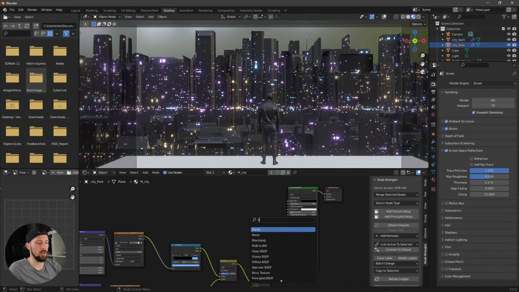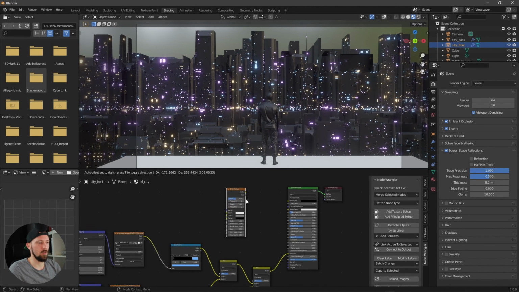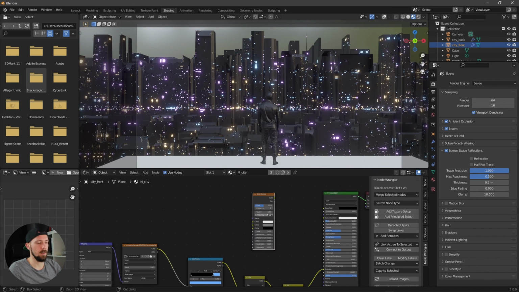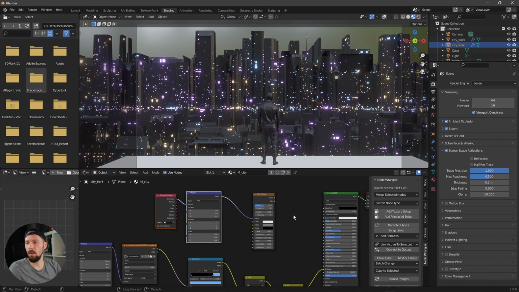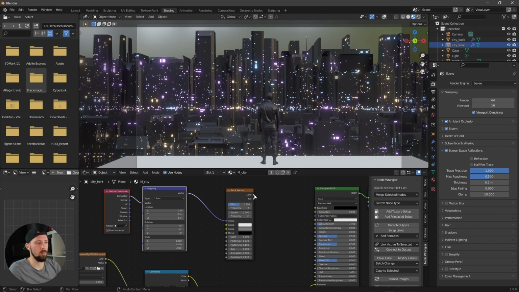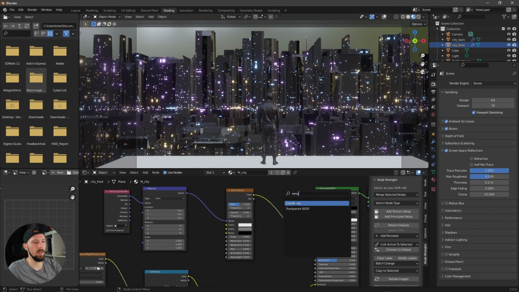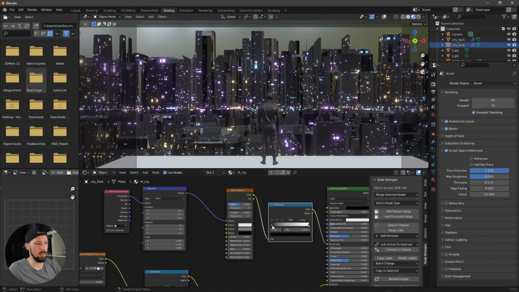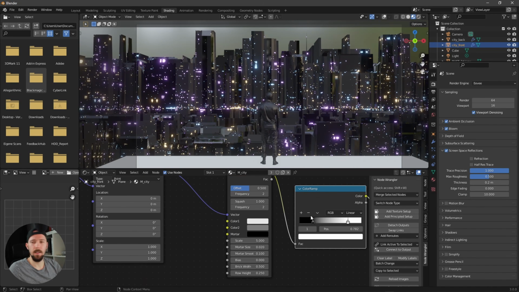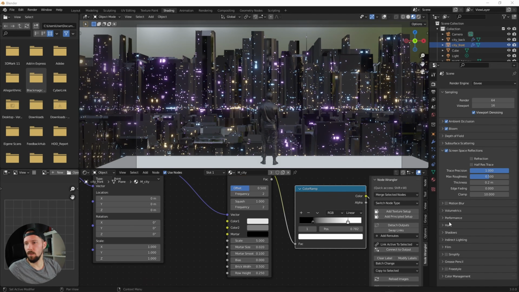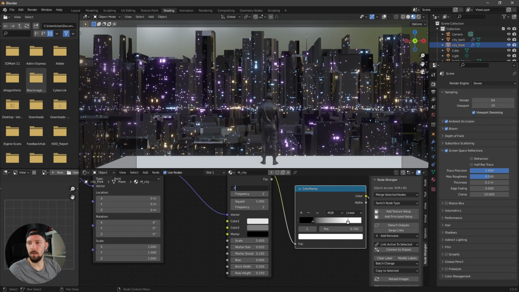So we have to search for a brick texture. Let's add another mapping node here, which is totally fine now. And we have to put this one into the roughness. Now let's search for a ramp again and put these sliders a little bit to the center. And now we have to go into the settings. Let's change the offset to something like